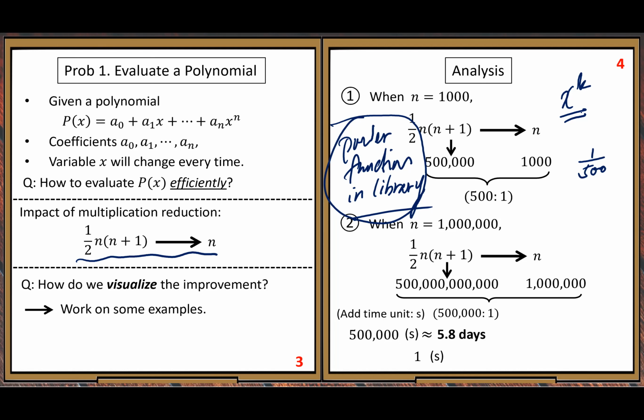Now, you will see the power function way will be much better than the direct multiplication way. Direct multiplication is the worst, then the power function way is second, and Horner's rule is the best. All right. So that's pretty much the information I like to give you related to our module 1